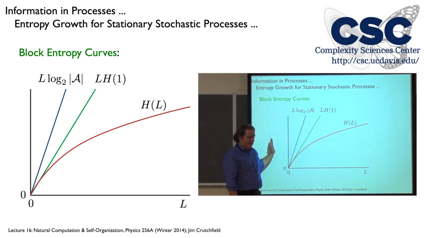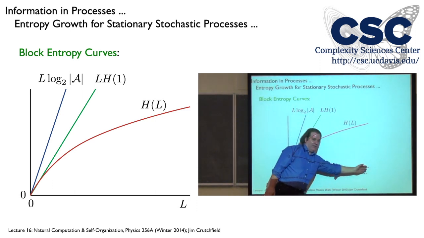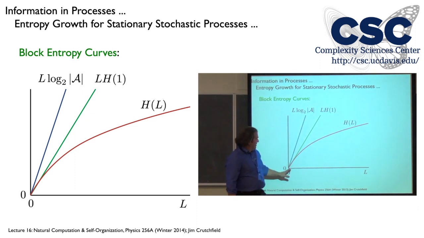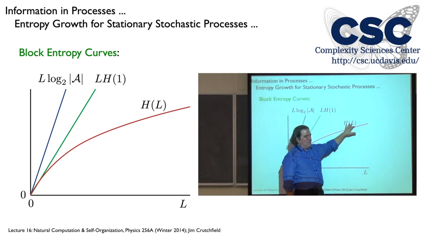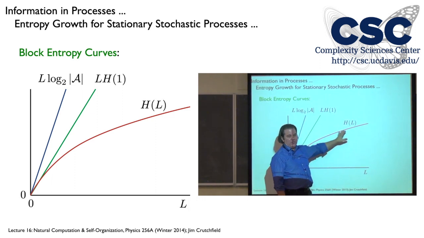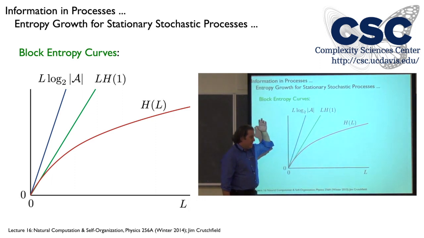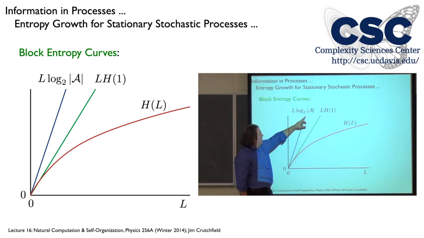And again, the exercise here is a function of word length. We want to look at this block entropy and look at its shape. So I've drawn a generic shape here. And what I just argued for these bounds was that we have this one upper bound, where I assume all the symbols are equally likely, they're maximally random, and then this will just grow with